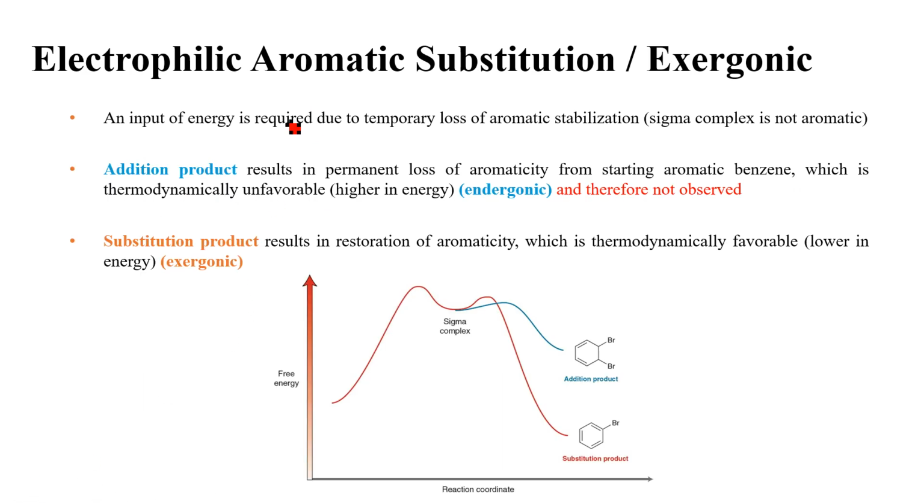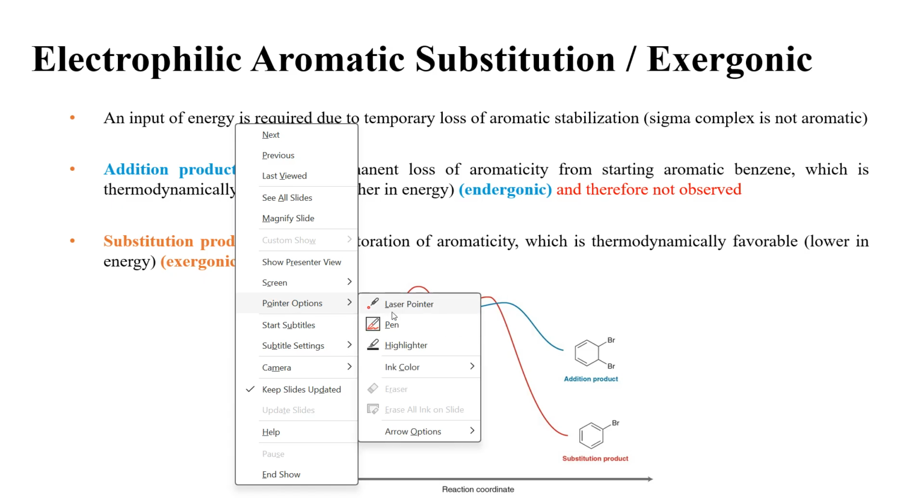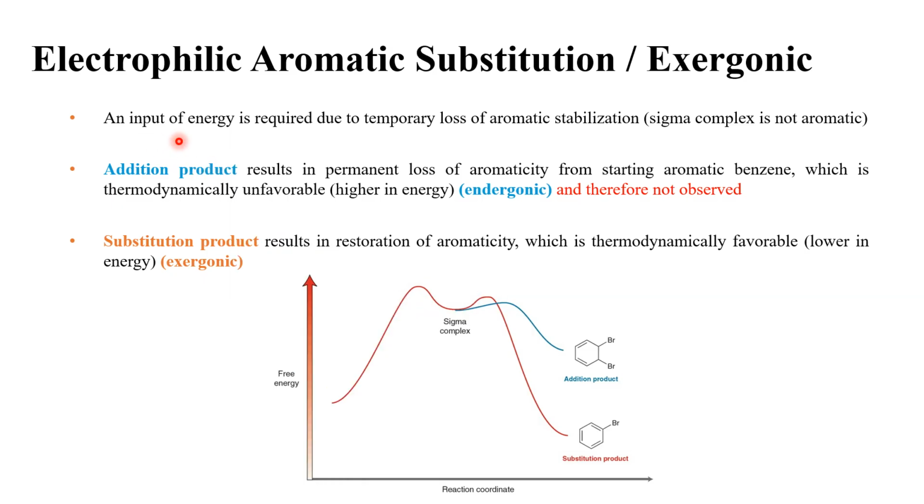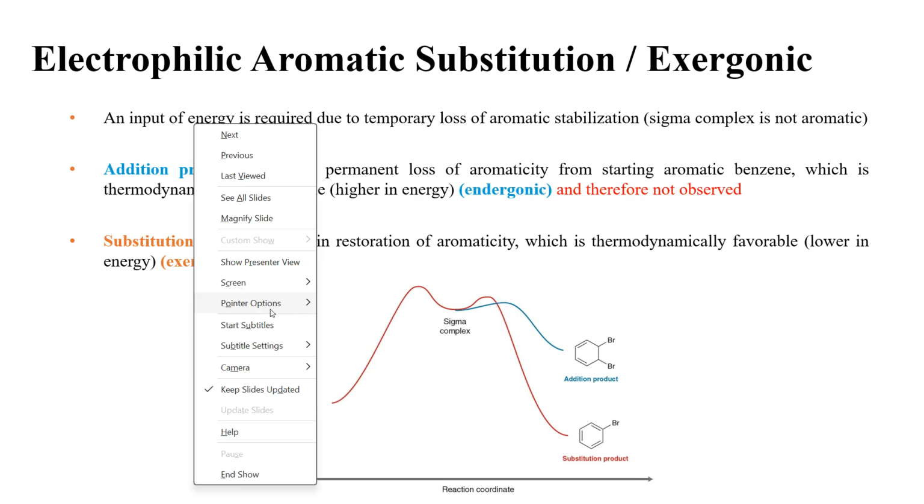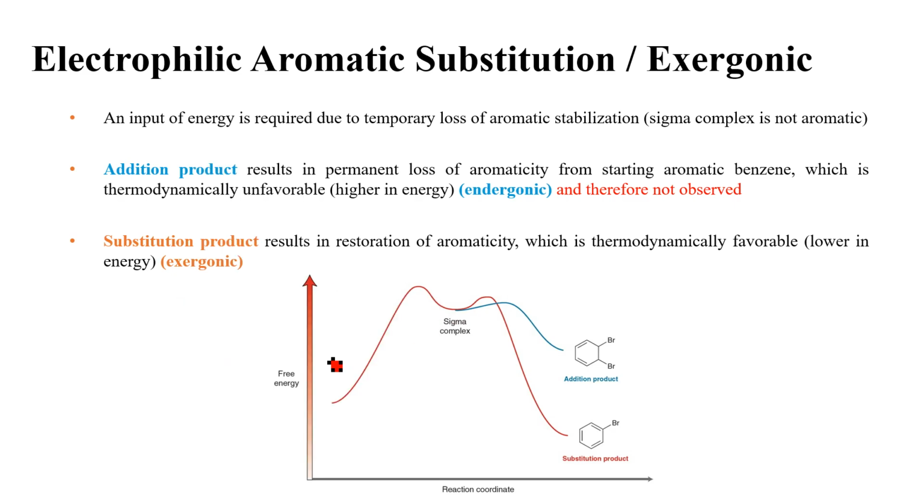Okay? Now, as I said before, there's an input of energy that's required to lose aromaticity, right? And this is why we don't get an addition product. If we got an addition product instead of a substitution product, you permanently lose aromaticity. And notice that you end up way higher in energy than when you started, right? What's the starting molecule here? Let me just draw that. The starting molecule is just benzene,